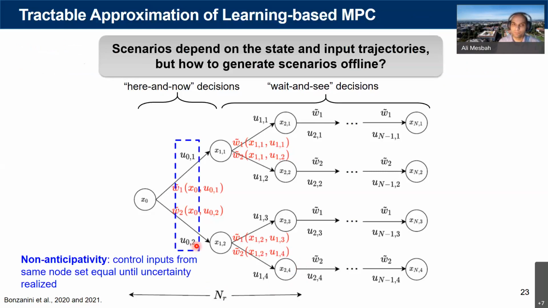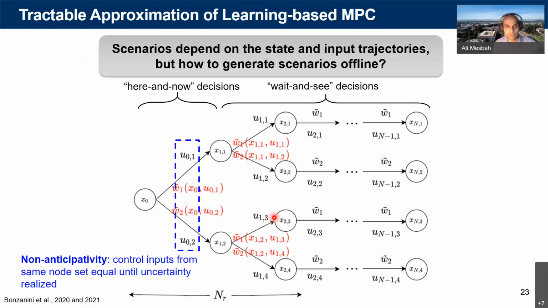But there's an important computational question to be addressed here. If the goal is to use this framework for online optimization, online decision making, the question is how to generate these scenarios, or samples of uncertainties, offline, because reconstructing the scenario tree in an online manner can be pretty expensive, especially when you're talking about real-time control applications for advanced and modern complex systems in which we may have to operate the system at really microsecond timescales.